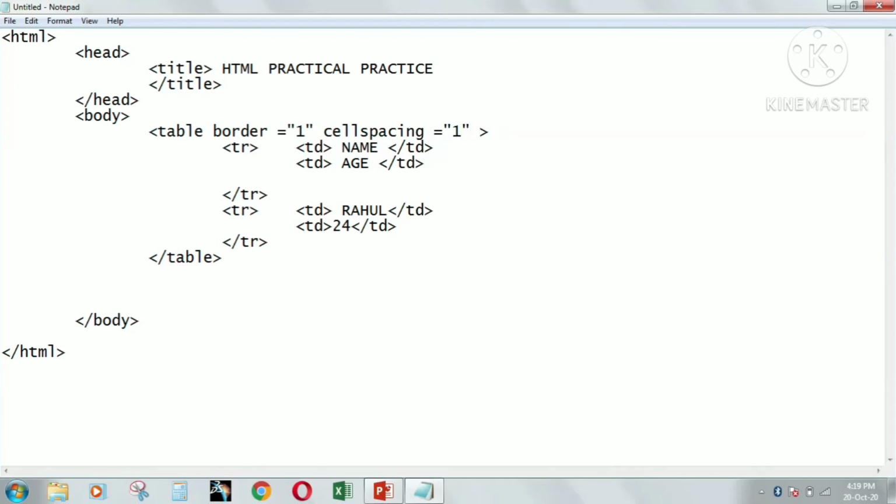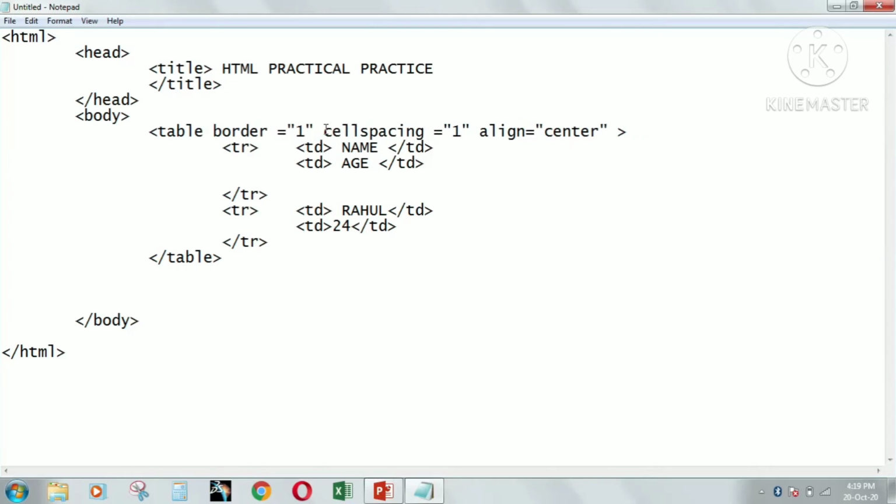Cell spacing, which is also an attribute of the table tag. Alignment, left, right, center, we can set any. So I have set the alignment to center.